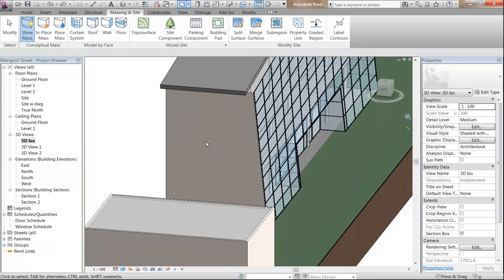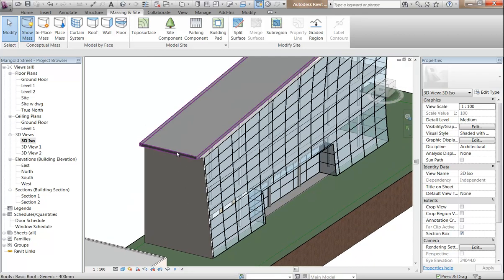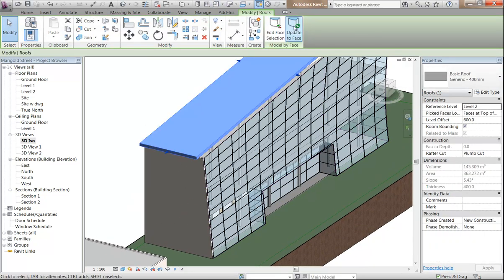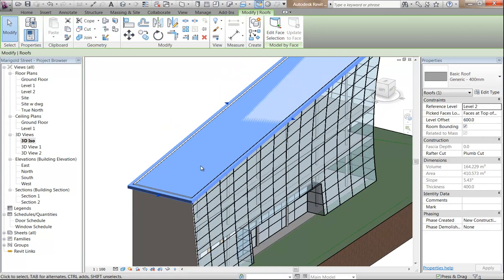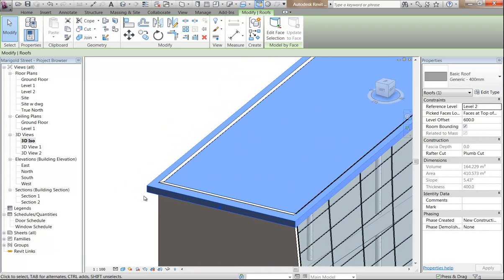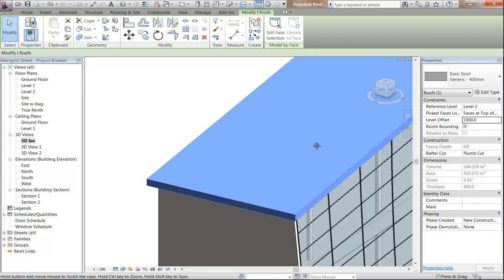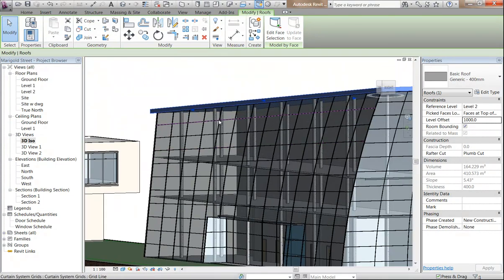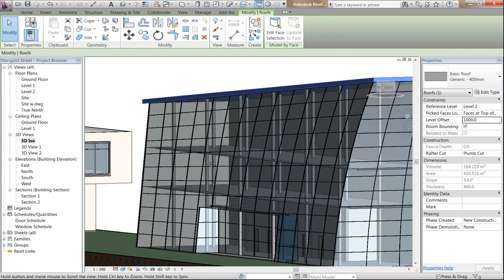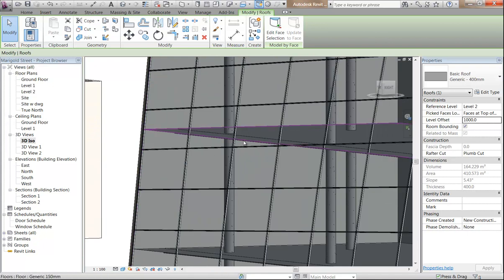Okay, so we've got that wall back, and then the roof, same thing, update to face. Now, there's a bit of an issue with the roof heights. You'll sometimes find you've got to keep adding in the roof thickness as you update it. I'll go through the reasons for that later on, but for now I'm just going to quickly change that level offset by adding 400 to it. So it's brought it up again. And then the floors